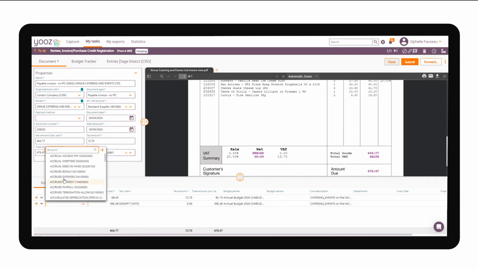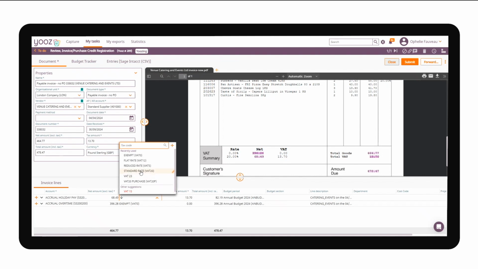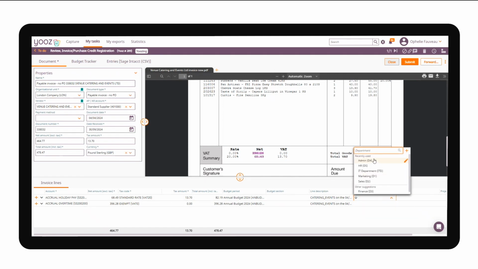Now, I can also add specific tax codes, dimensions like department, cost code, or even some customizable fields that my team can create. Now, once I'm finished and done coding this document for the first time, I'll click on the